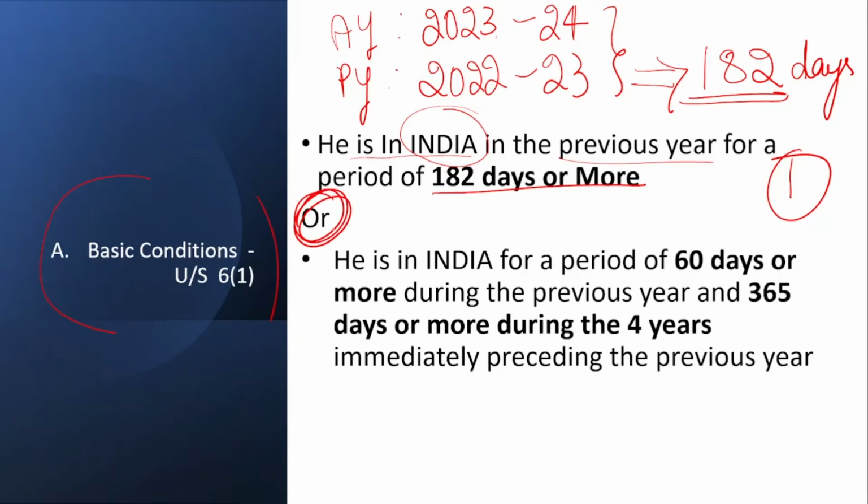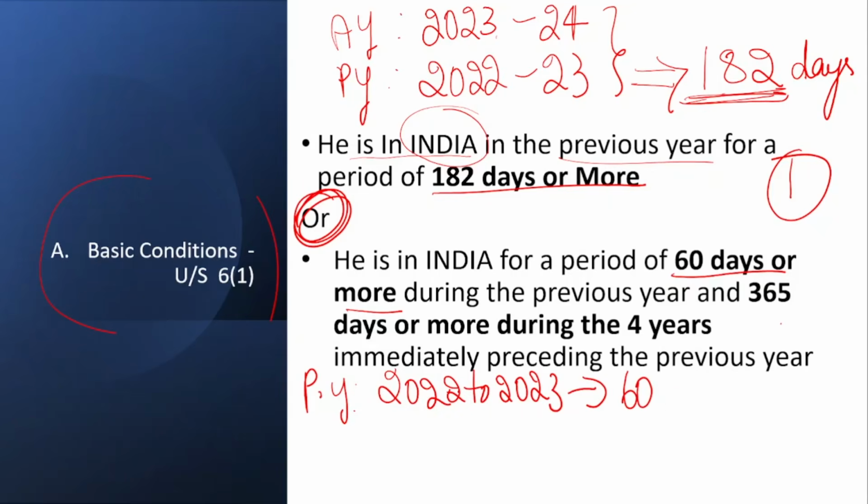Next, or by chance he is not there for 182 days, then we will check for one more condition. That is, he is in India for a period of 60 days or more in the previous year. Okay, let me make it very clear for you people. Our previous year is 2022 to 2023. In this year, you should have at least 60 days of stay in India, and along with that,